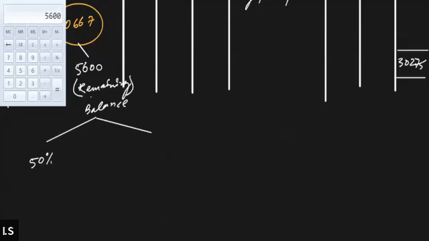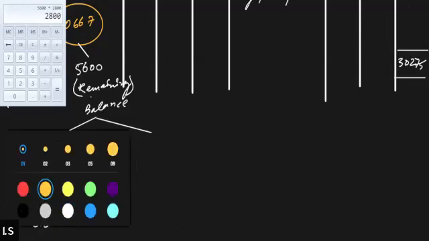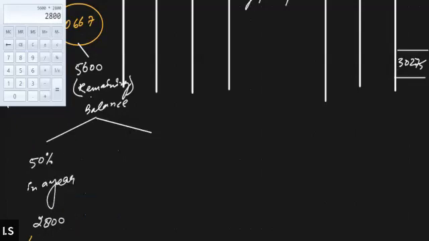50% will be paid in a year. We won't be making any payment for this. How much will be 50% of the 5600? 5600 into 50% will be 2800. So 2800 will be paid after a year. So this is a kind of loan that Z will be granting us, a loan for 1 year. You're getting this point? And the remaining 50% of the balance amount